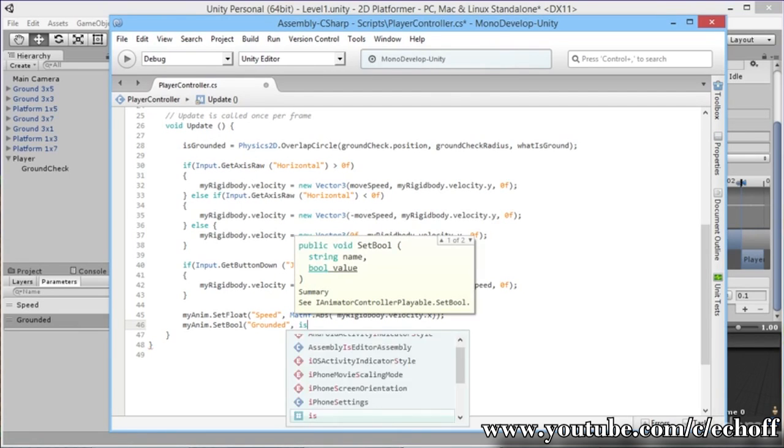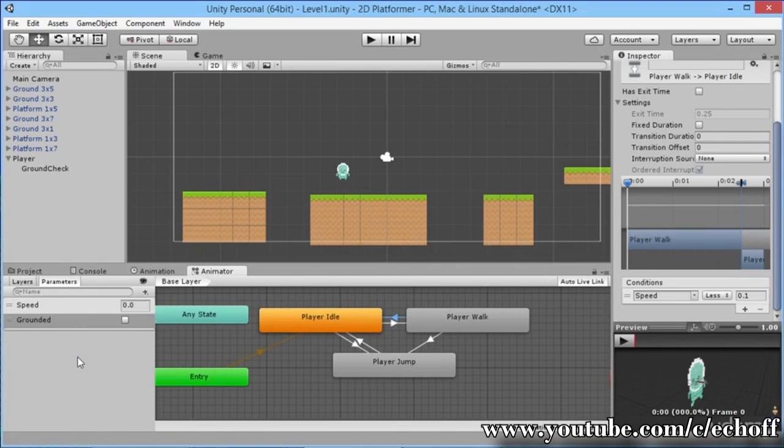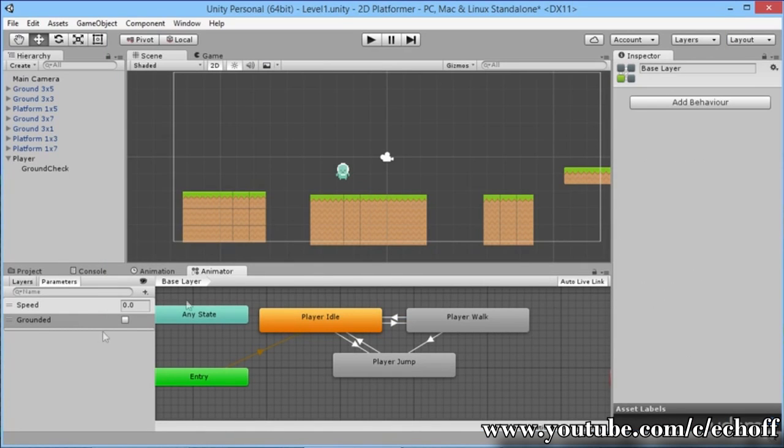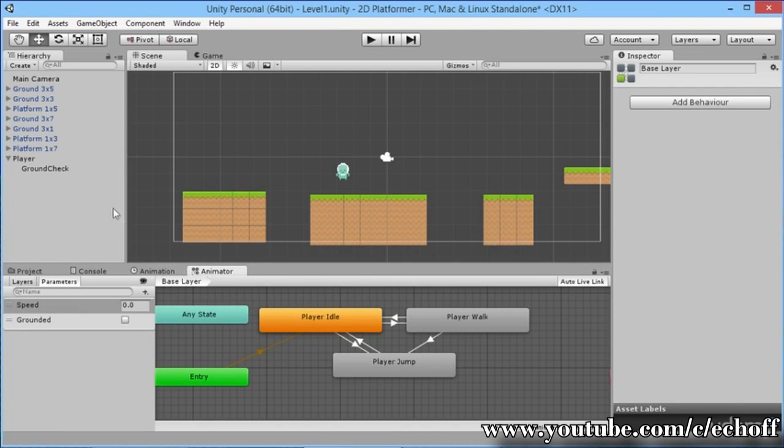So we just need to type in is grounded, and then close that bracket and hit our semicolon again to end the line. So now we can just save that, and we can pop back in here. And when this compiles down in the corner,